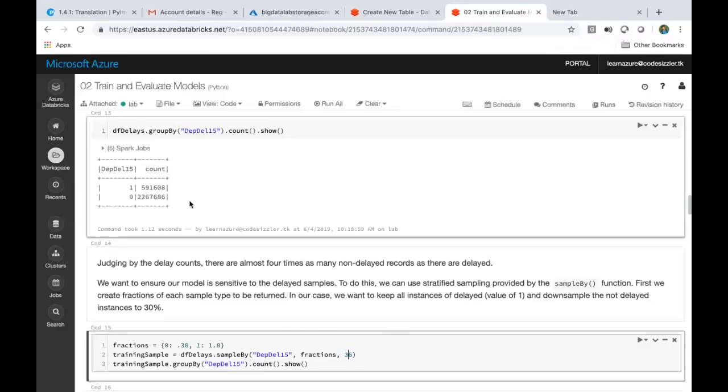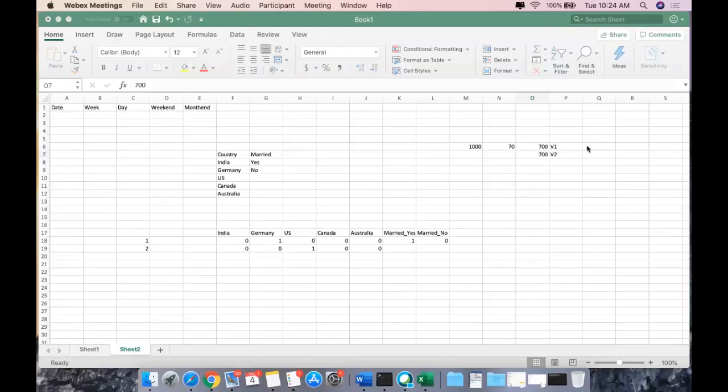First time is random, so we have got 700 records. When I say seed equal to 36, it is mapped to this, like version 1, 36. So next time when I execute, I'll give you the same V1 because it is mapped to 36. I'll give you the same 700 records.